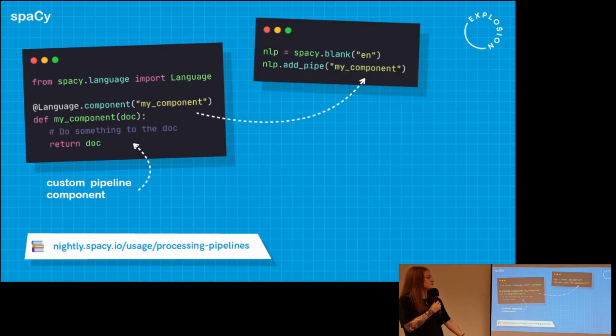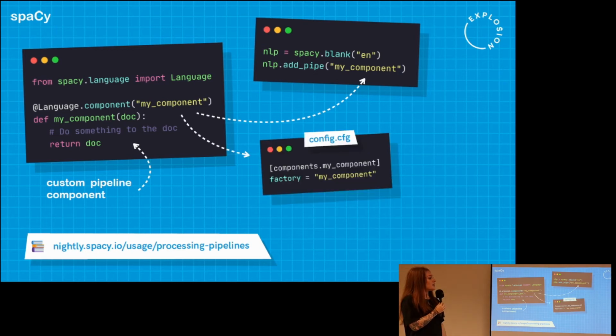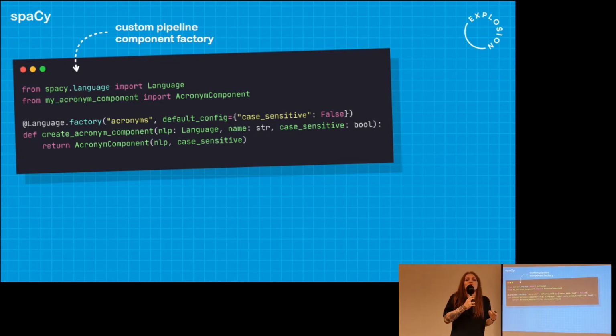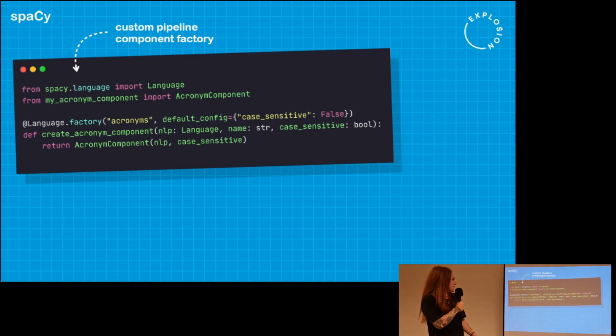You assign it a string name so we can identify it and reference it when you add it to the pipeline, but also in your config. And given that code, anyone else running that config will have that same component available. And for a more complex component here, we have a theoretical component that lets you resolve acronyms in text. You can also really register your own factory with settings because you often want to have a component hold some state, and you often want a component to be configurable in different ways. So here we have that component.